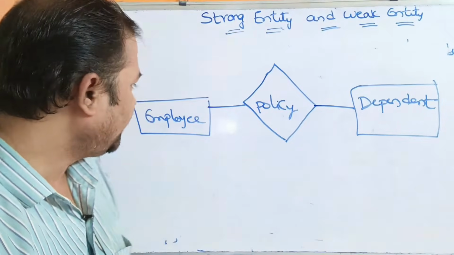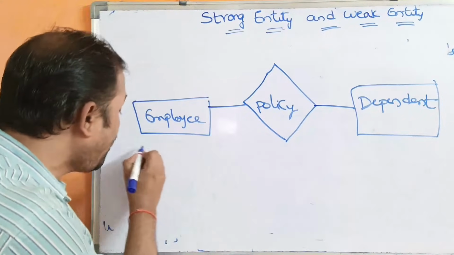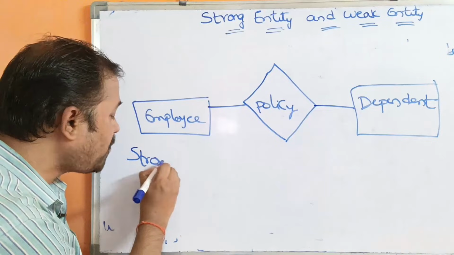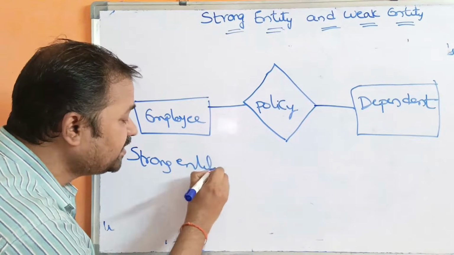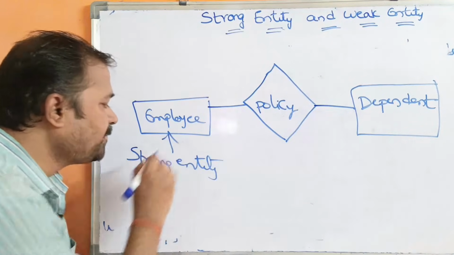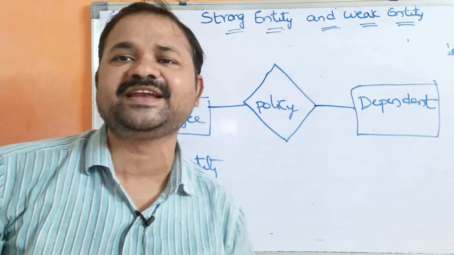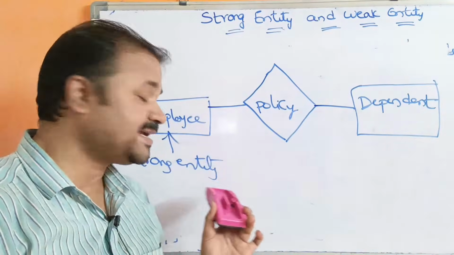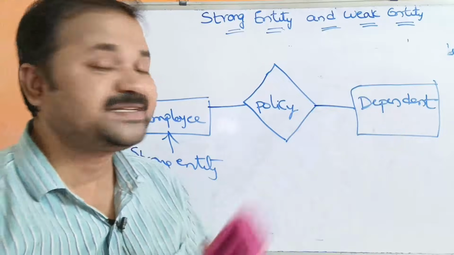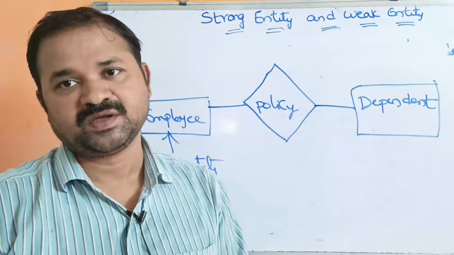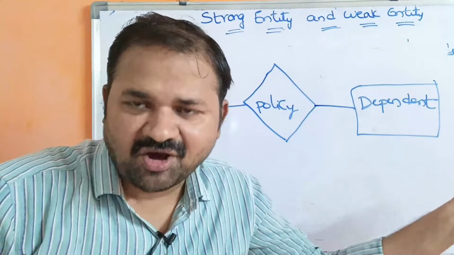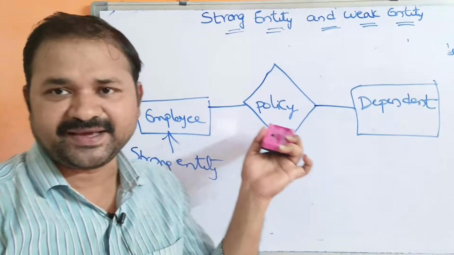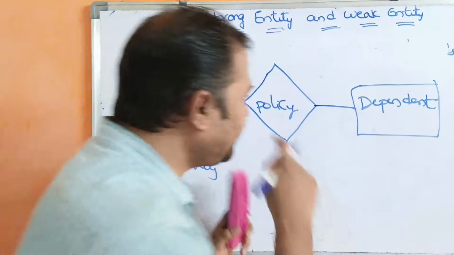Here employee is the strong entity. Why? Because employee doesn't depend on any other entity. So that's why we can call this the strong entity. Whereas dependent is a weak entity. Why? Because here the dependents are depending upon the employee. So that's why this is a